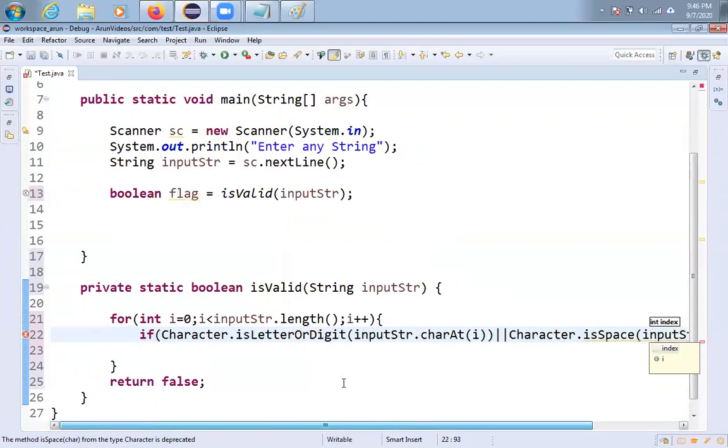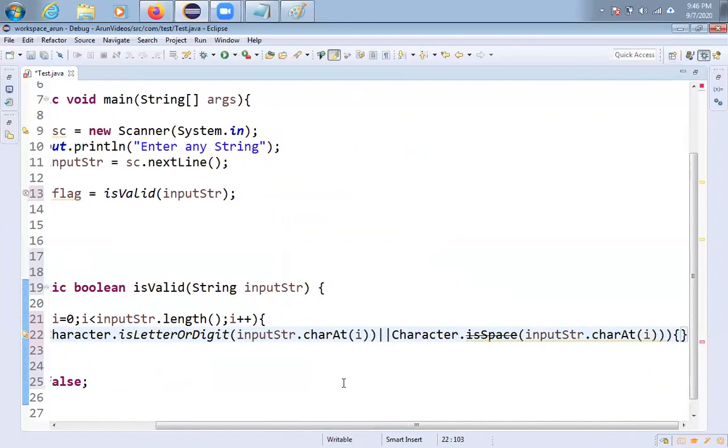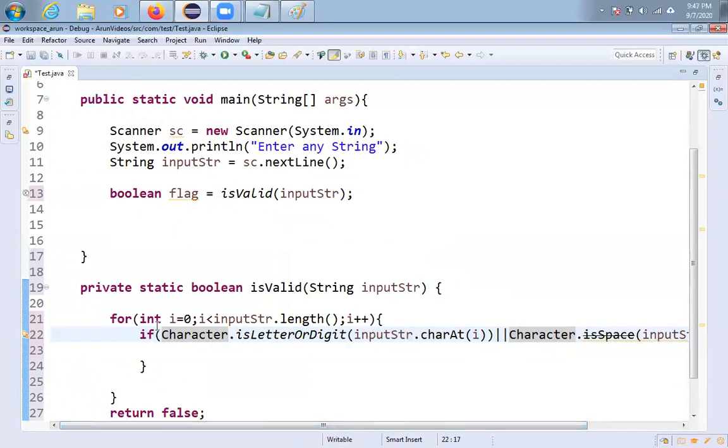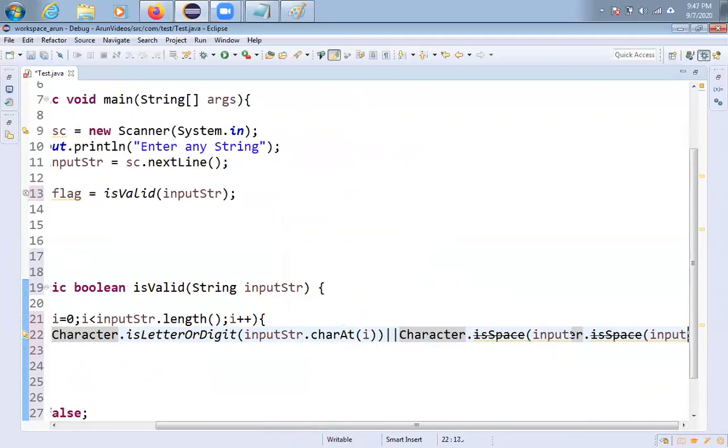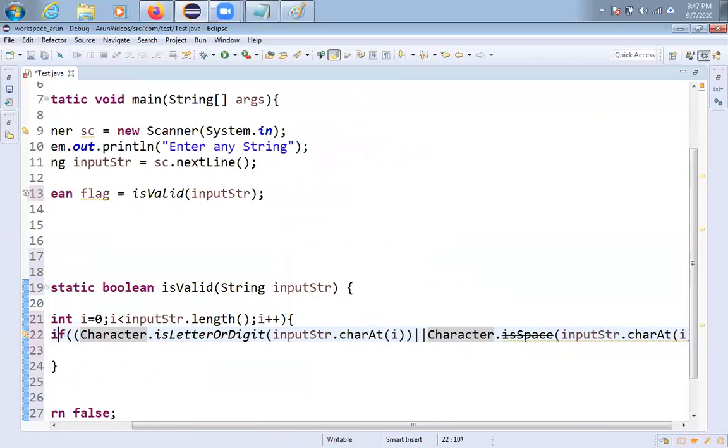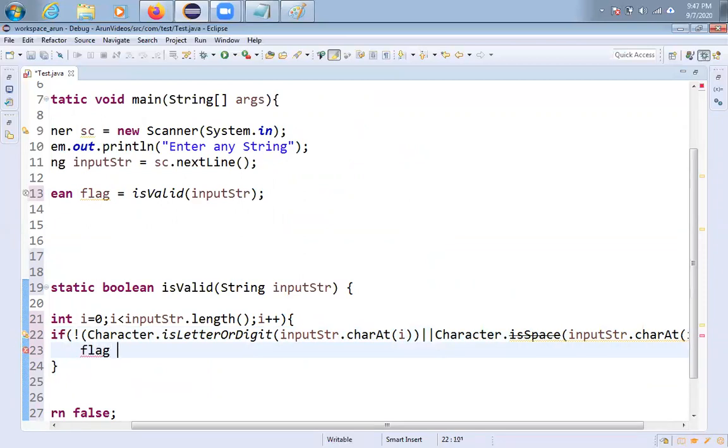It will give you true when it is a letter or digit or space. So the simple thing I am doing, friends: other than letter, digit or space, if I get anything else, then the whole thing is false. I'm checking. Flag equal to, I'm taking true and false.